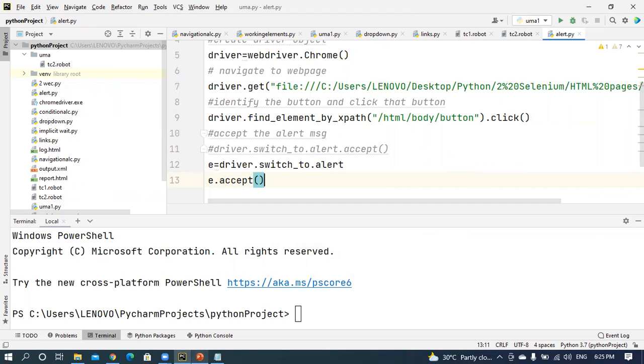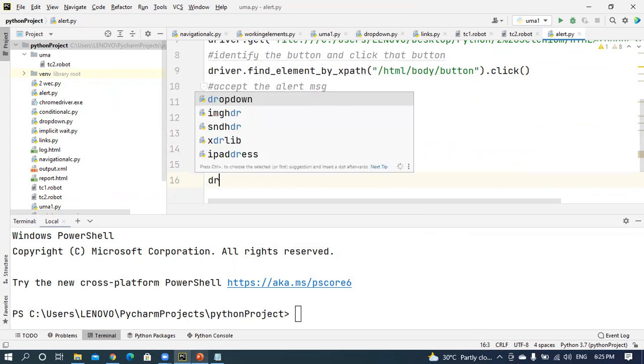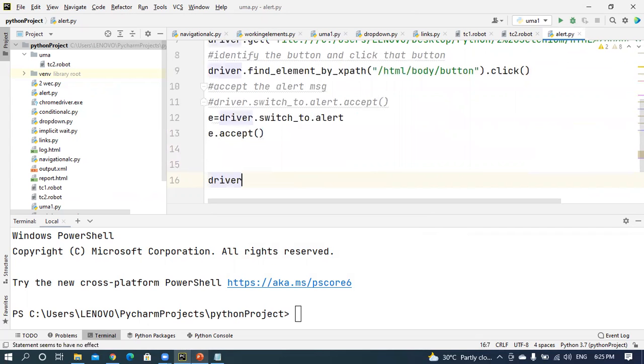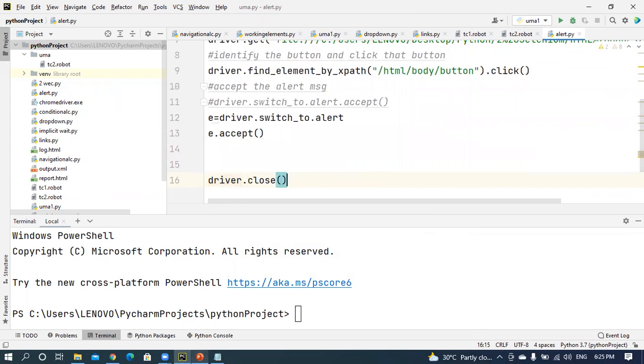In this way you can accept the alert message. This function is used for accepting the alert message. After that you will write the dismiss. Before that I'm going to close the driver with the driver.close method.